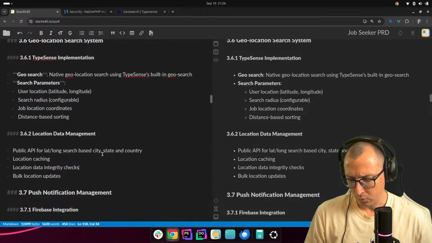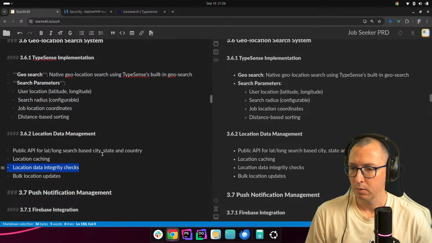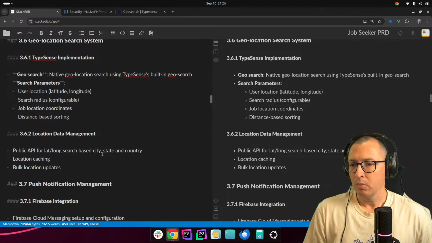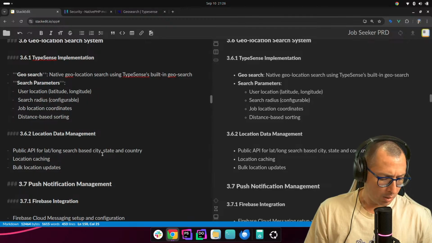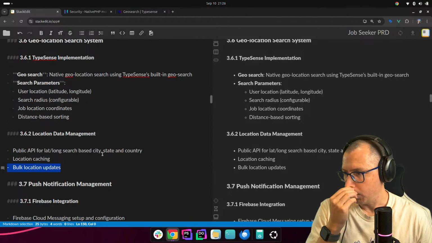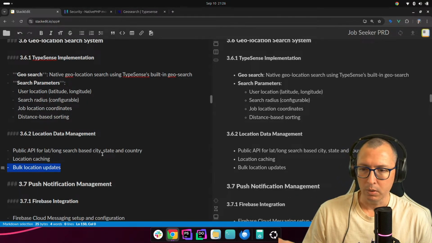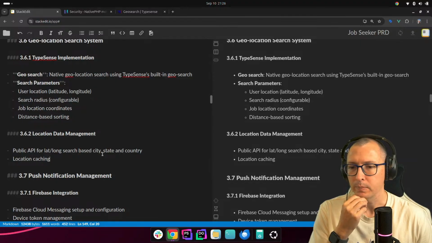Integrity checks, I don't know what that is. Bulk location updates, not really. That'll take too much. It could be done, but I'm not going to worry about that.